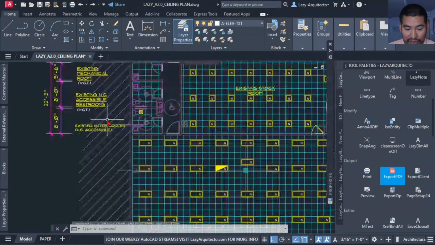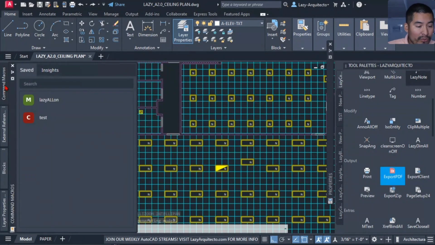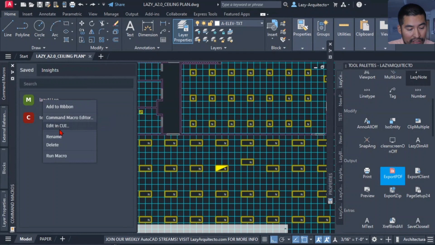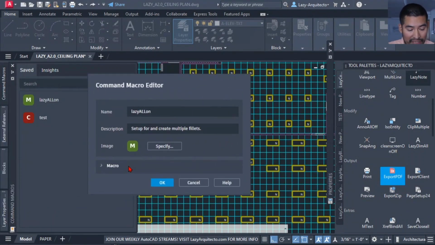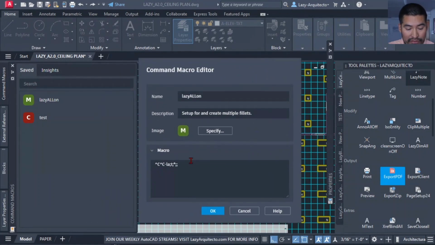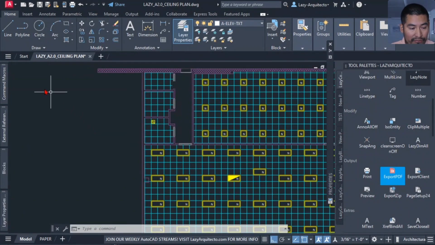So I'm going to use Control C, and what I did is go back to my command macros, of course went to the command macro editor, and added the following piece of code. What I added was the command LAYON, and of course pressing enter to activate that command. So this command will help me, because now when I run my lazy all on command,